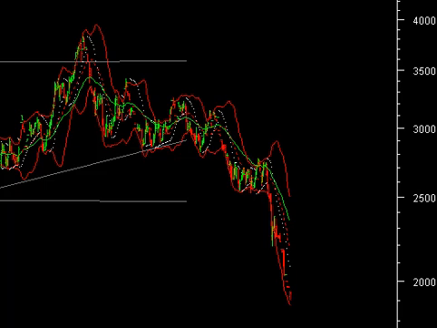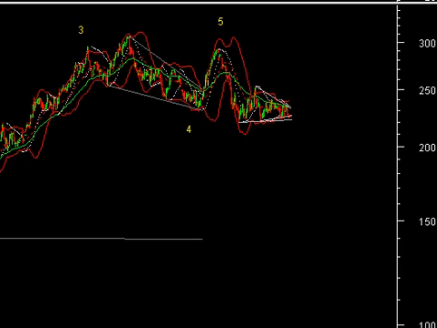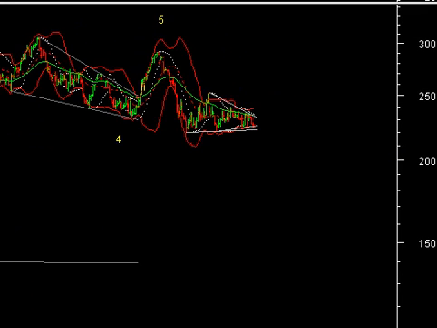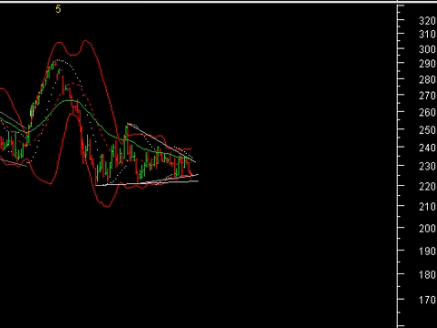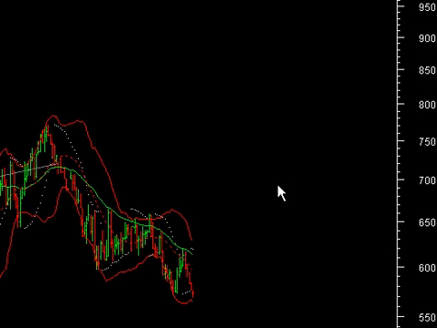Okay, so pretty steep. Some of the others, like coffee, made a top sometime in September, and now in either wave B or two sideways is forming a triangle, most probably a B, and probably a C leg downward heading to 170 to 160 as and when it develops. Another commodity, wheat,